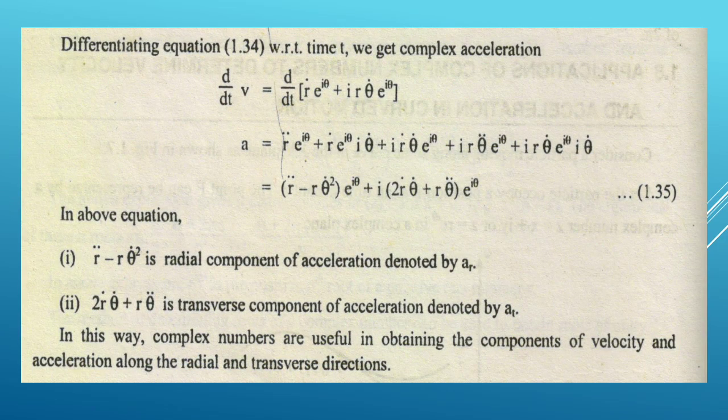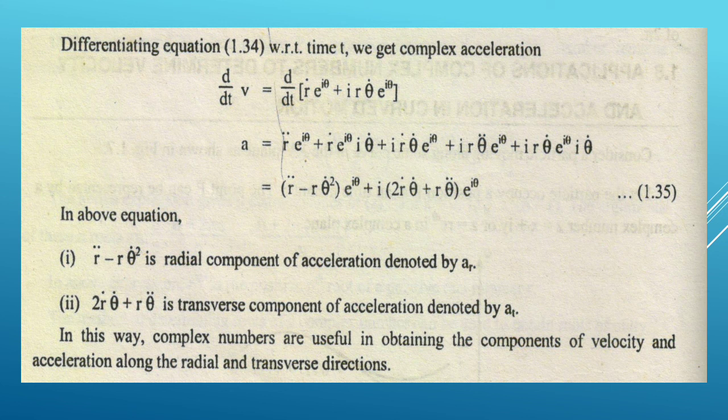Again differentiating v with respect to t, we get the complex acceleration. Therefore, dv/dt = d/dt of v, where v = r dot e^(iθ) + i r θ dot e^(iθ). But dv/dt is the acceleration, equal to the differentiation of r dot, that